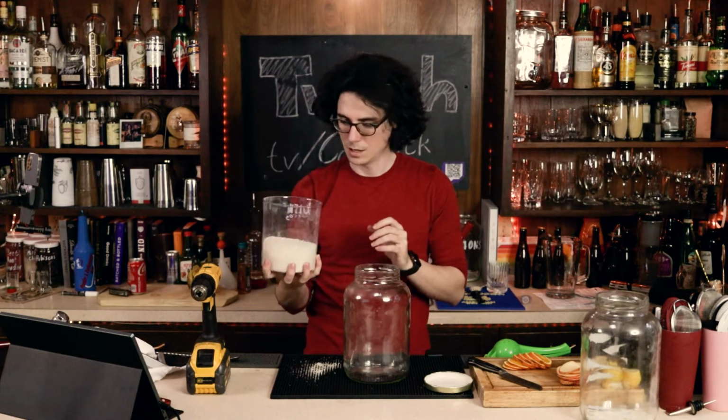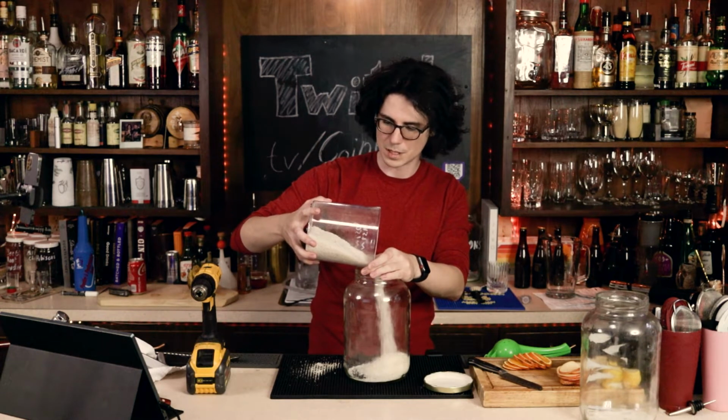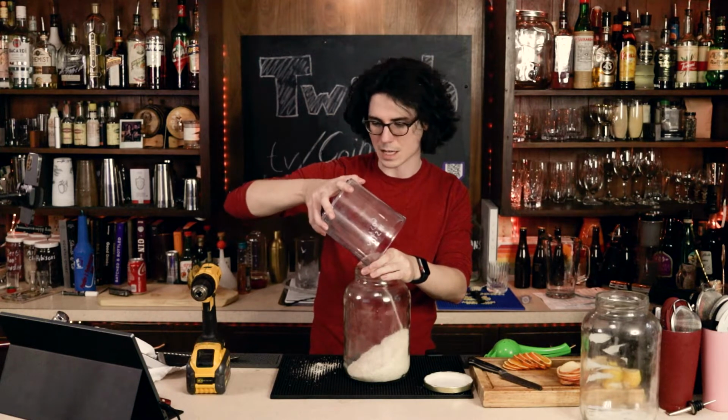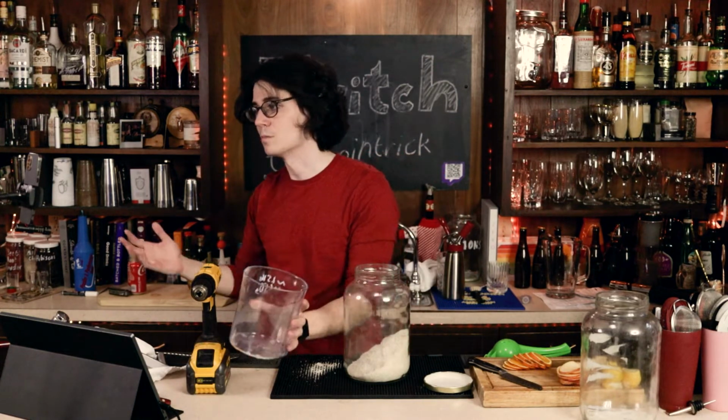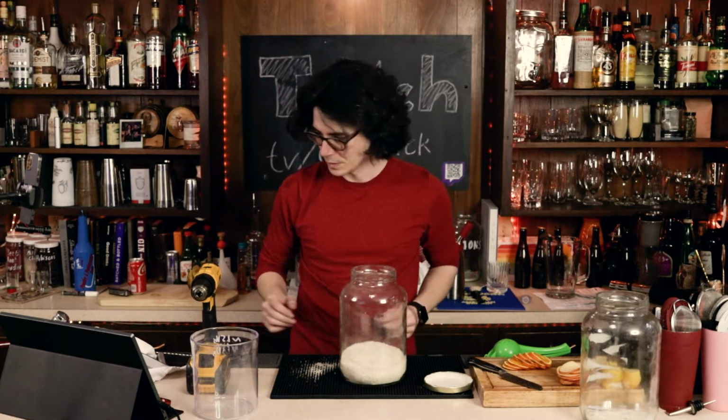Take your milled desiccant, your rice. You can add salt to this if you really want to make it just that much more dry, and salt will also help fight some bacteria and some mold that might find its way into your kit that you're working on. Now,